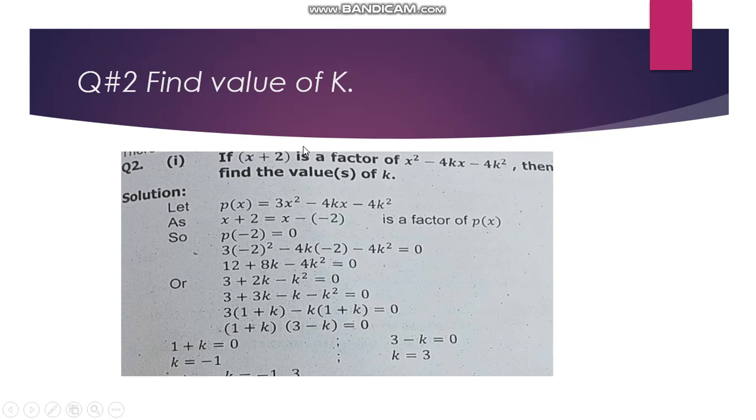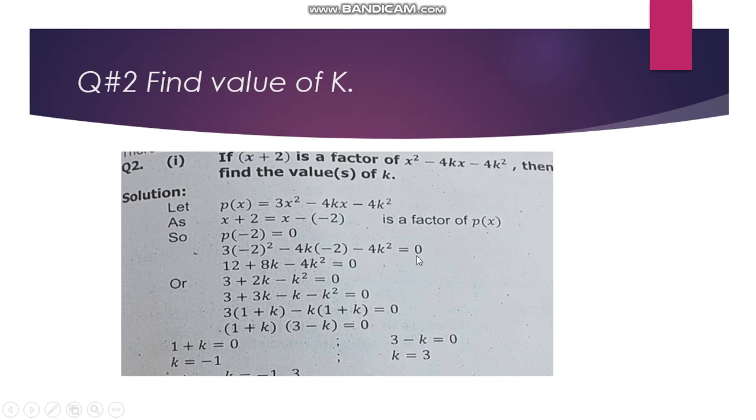Question number 2 is the same as that of remainder theorem, but the difference here is we have to find the value of k. So if x plus 2 is a factor of x square minus 4kx minus 4k square, then find the value of k. So this is the factor x plus 2. We will simply assume this is equal to 0 and we will find the value of x is equal to minus 2. And when I put minus 2 here in this polynomial x square minus 4kx minus 4k square,